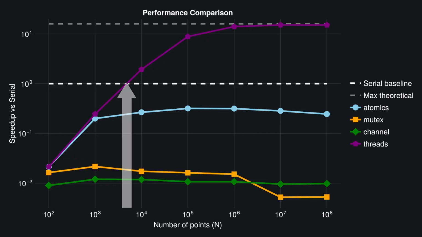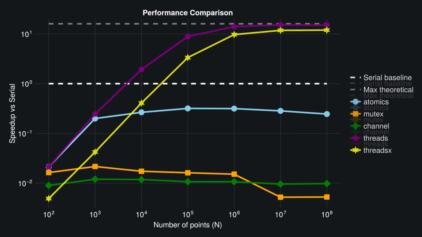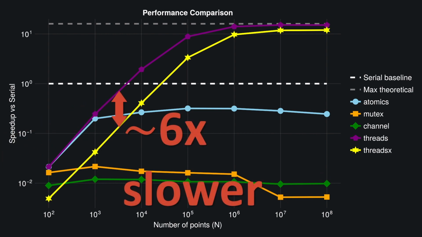using multiple threads. One interesting comparison is comparing this threads macro to the threads-x package that we saw in the last video. In this case, we can see that our custom implementation actually beat out the threads-x package across the entire range of input sizes that we benchmarked. For smaller input sizes, threads-x was around 6 times slower than our custom implementation, but overall the threads-x package is actually quite convenient and can let you parallelize your code quite effectively without risking running into any race conditions, and so I'd still suggest checking it out in case you want a quick and easy way to speed up your